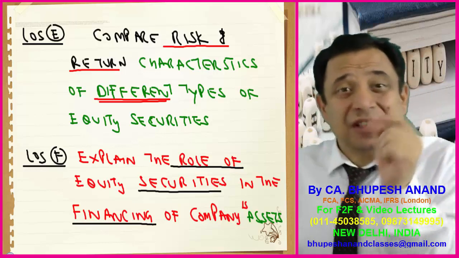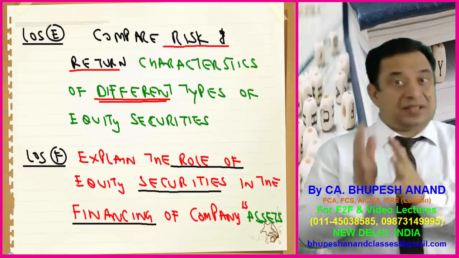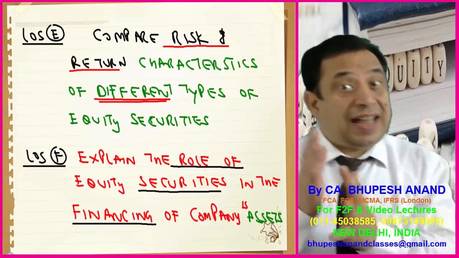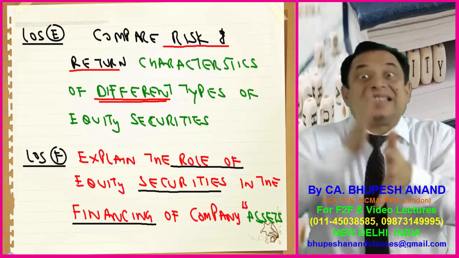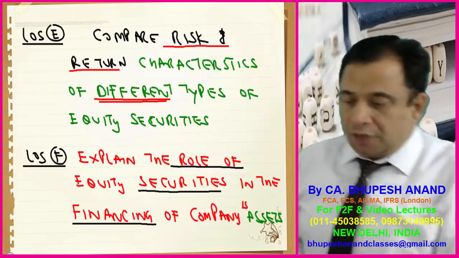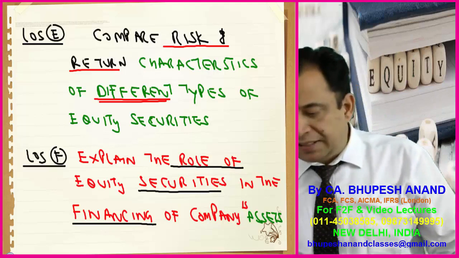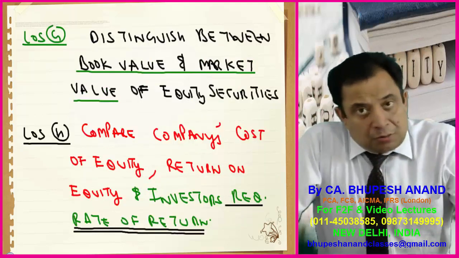Risk and return features of different types of equity securities. And what are the different types of risk? No doubt equity securities have more incidence of risk, higher standard deviation, but we have to compare it. Next, the role of equity securities in financing companies' assets, and the last learning outcome is distinguish between book value